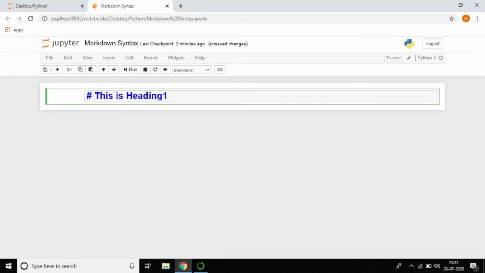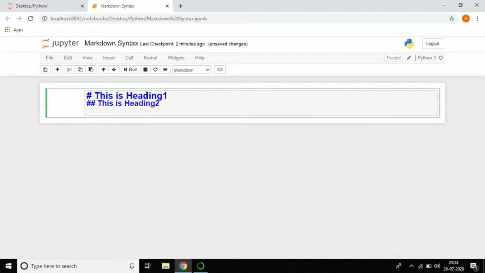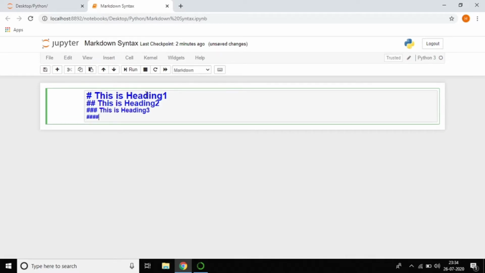With a single hash it is the bigger size. If you use a double hash, did you observe the font size decreasing? This is triple hash. Did you observe the size of the text decreasing? Four hashes, five hashes, six hashes.